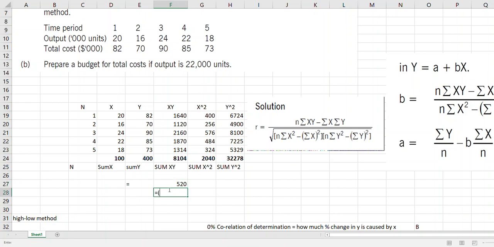So we have 5 multiplied by sum of x squared, which is 2040, minus sum of x, which is 100 power 2. And then I will multiply that with 5, doing the same thing for y. 400 minus, remember here this is outside the bracket, okay, this power. So sorry, this is